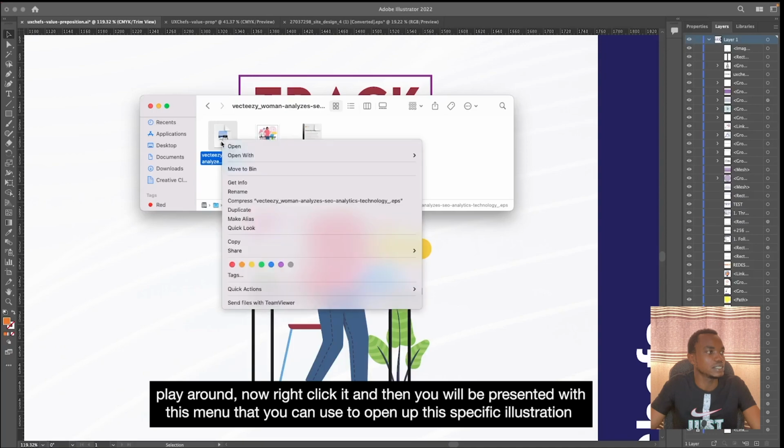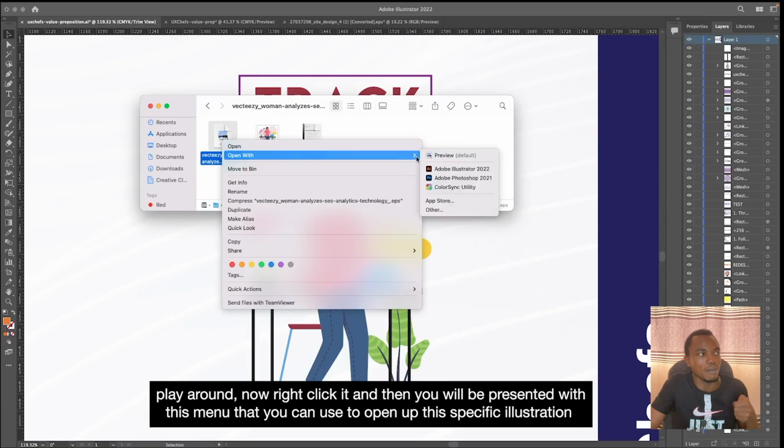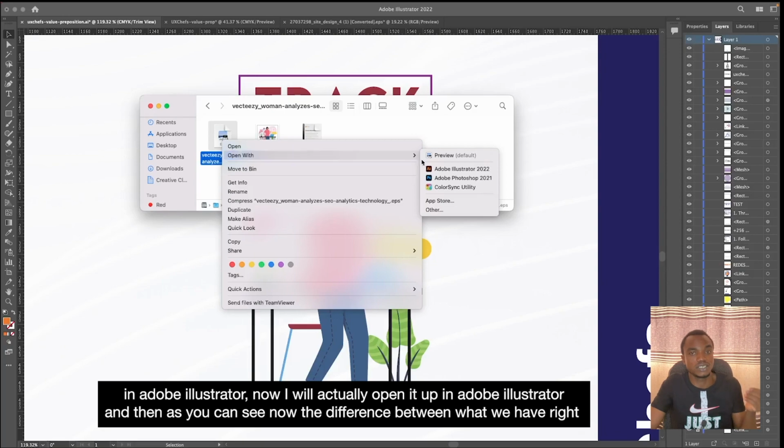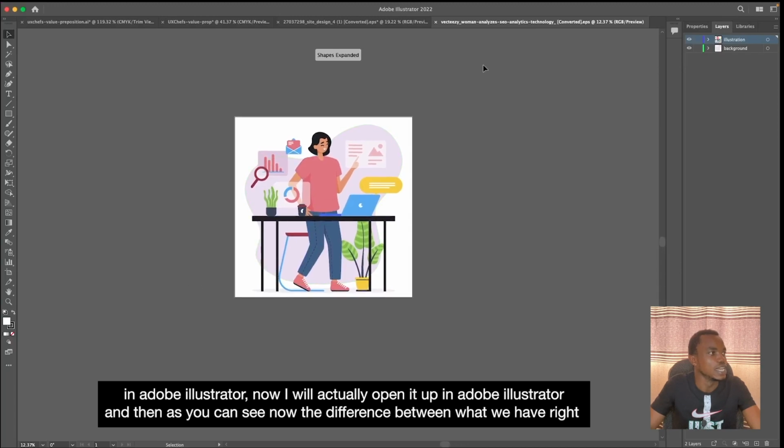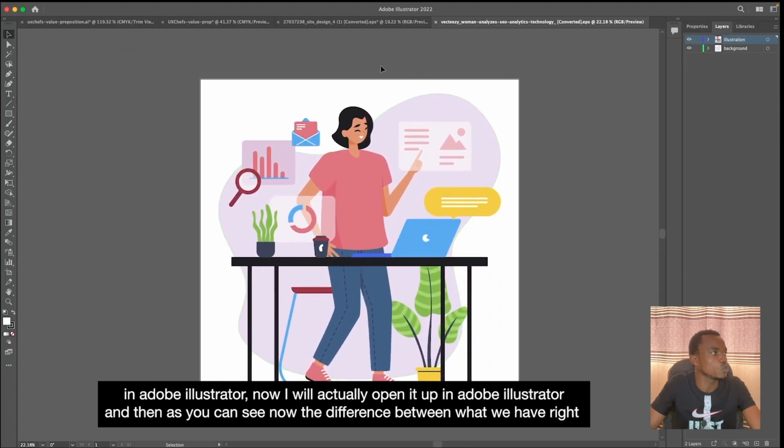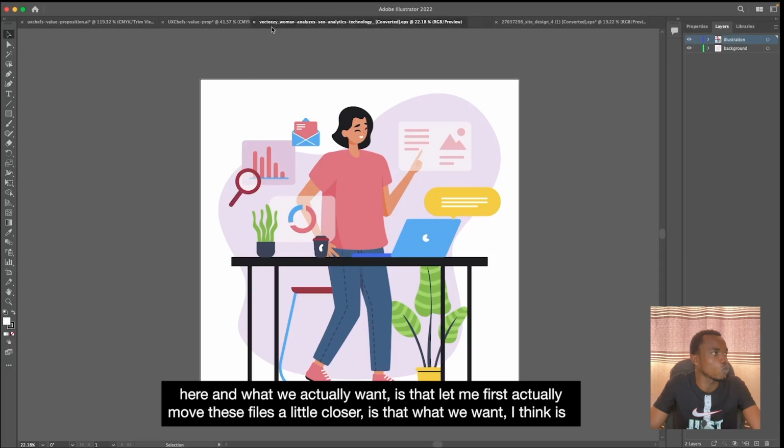Now right click it and you will be presented with this menu that you can use to open up this illustration in Adobe Illustrator. Now I will open it up in Adobe Illustrator, and then as you can see, the difference between what we have right here and what we